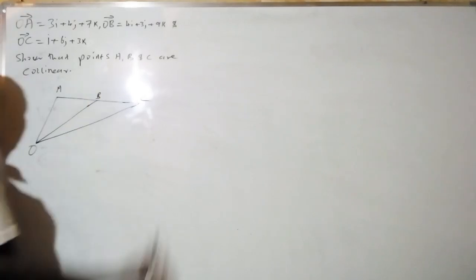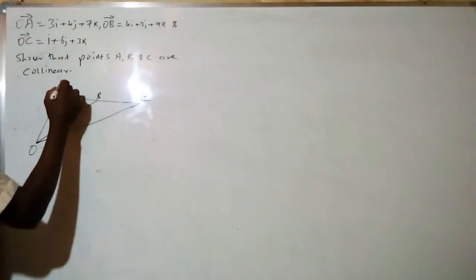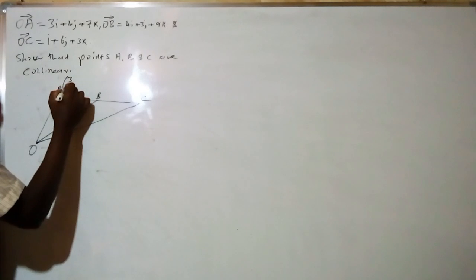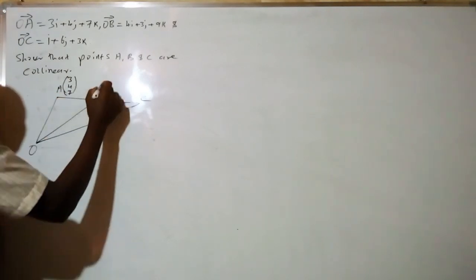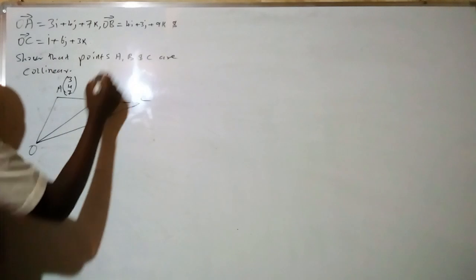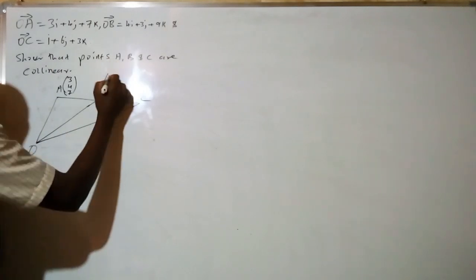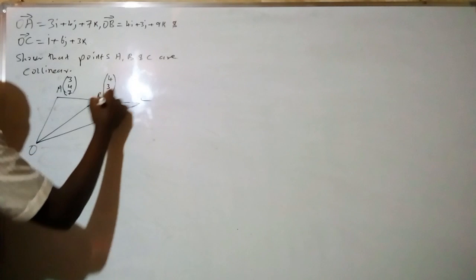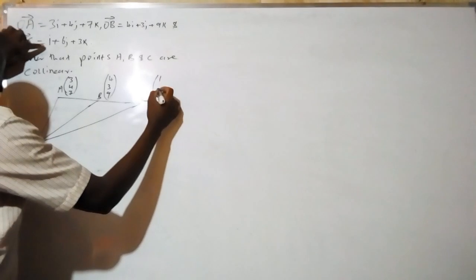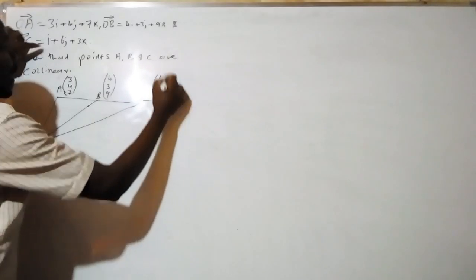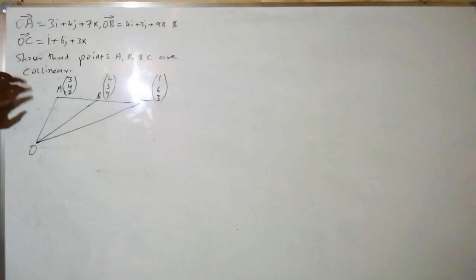We can write this in terms of column vectors. OA is (3, 4, 7). OB in terms of column vector is (4, 3, 9). OC is (1, 6, 3). And since the examiner wanted us to show that points A, B, and C are collinear, we can say, first of all,